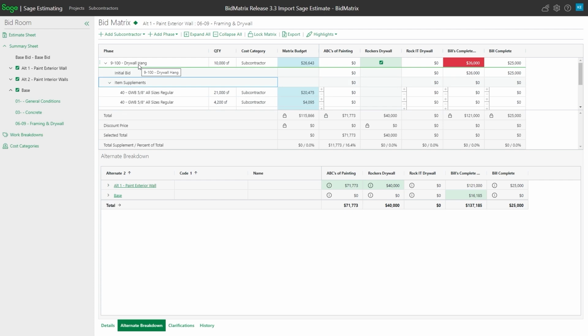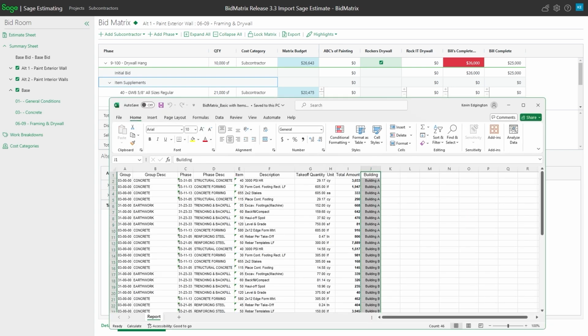bring in an Excel spreadsheet, it doesn't matter the order or the columns of your spreadsheet. It matters that you match them up with where you want them in BidMetrics. So for example, if I open up this Excel spreadsheet I've got, in my case, all these columns are messed up. They're not named what they need to be. Don't really care. I'm going to map them when it comes to bringing this job in.